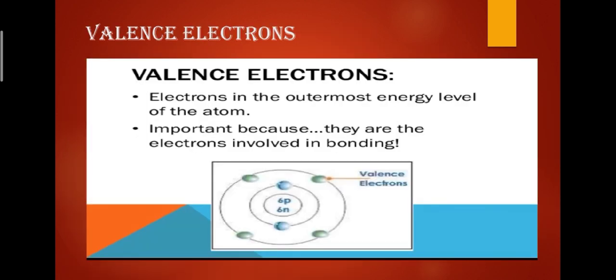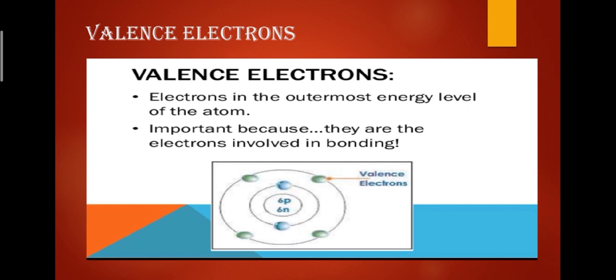Now valency. Elements have a combining capacity, that is, how many electrons can be combined with each other to form a compound, that is called valency. So the combining capacity of an atom of an element with other atoms or elements is known as its valency. It can also be defined as the number of electrons an atom can donate or accept in order to combine chemically with other atoms or elements and form molecules or compounds.